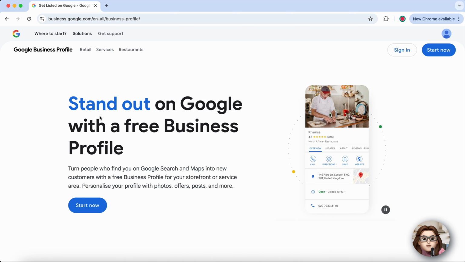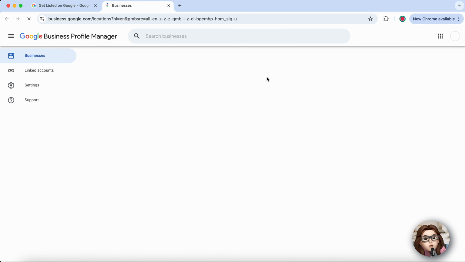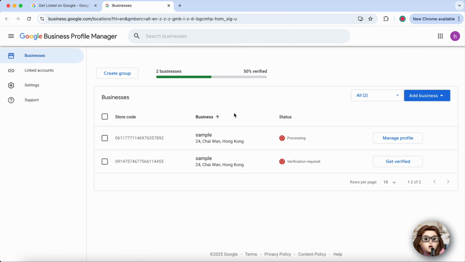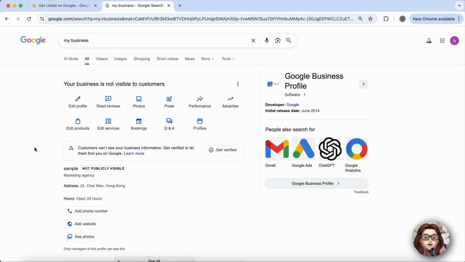business.google.com. Once the page loads, look in the upper right corner and click on the Sign In button. Make sure to use the Gmail account that's linked to your business. If you've signed in before, Google will take you straight to your business dashboard, your main hub for managing everything